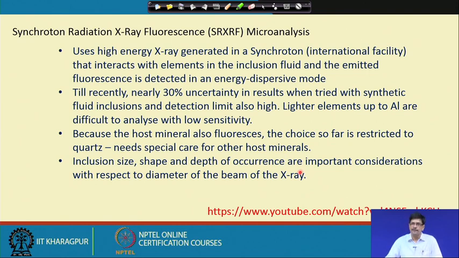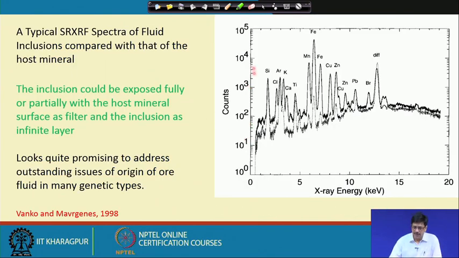Exactly the same way, the fluid inclusion wafer could be taken as the sample and exposed to the synchrotron source X-ray, and then the fluorescence could be studied using an appropriate detector. This is one example of a spectrum obtained from synchrotron source X-ray fluorescence. The X-ray energy is given in kilo electron volts, and we could see that the solid line is from the inclusion and the dotted line is for the host mineral, where you could see the silicon peak is coinciding. So, it gives us the idea that this analytical process is consistent.